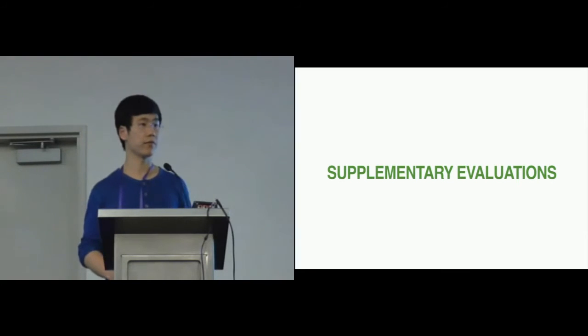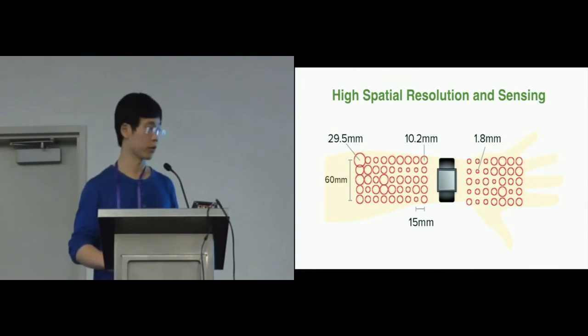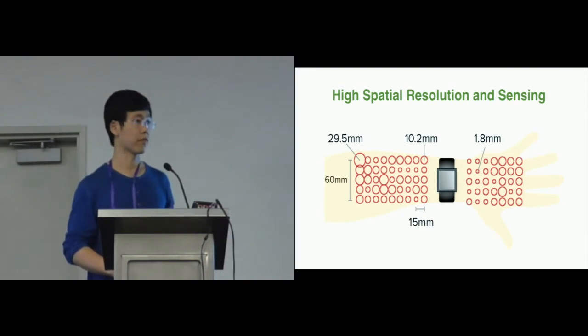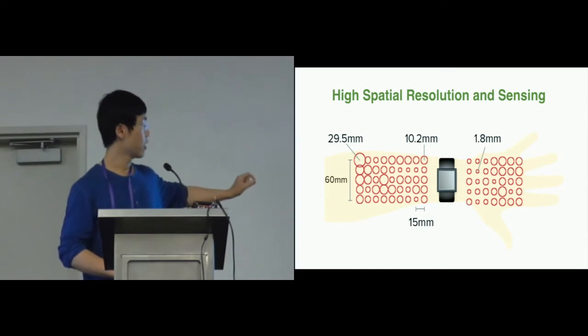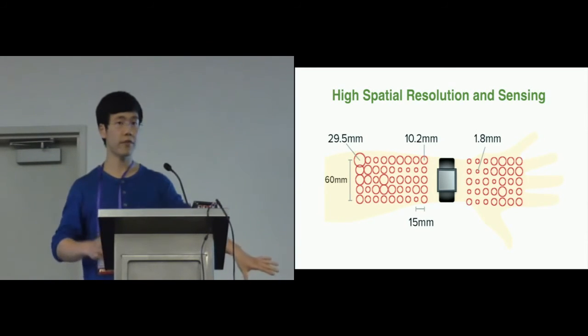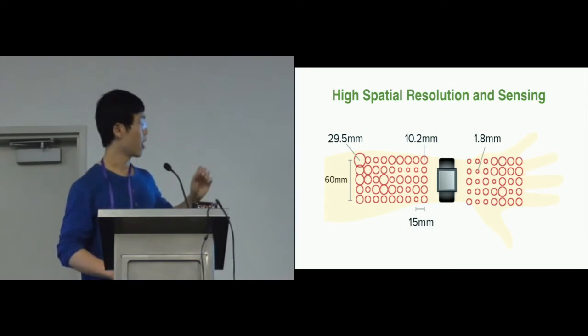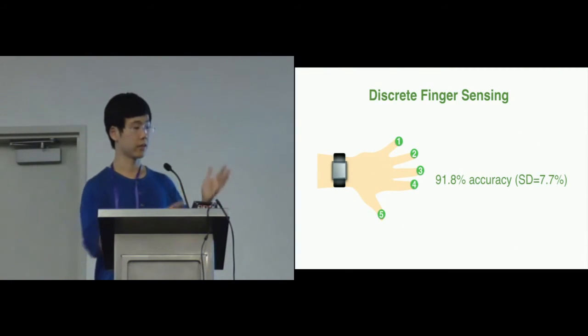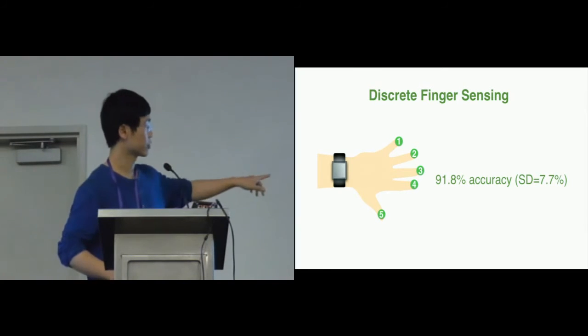We also ran a series of supplementary evaluations for SkinTrack, and I'm going to go through these results very quickly. First, we doubled the density of the crosshair from a 30 millimeter interval to a 15 millimeter interval. In this case, a bigger circle indicates higher error. As we can see, the touch points farther away from the wristband have higher tracking error, which is predicted by our theoretical model. Also, we evaluated SkinTrack to detect discrete finger touches, and the result showed an accuracy of